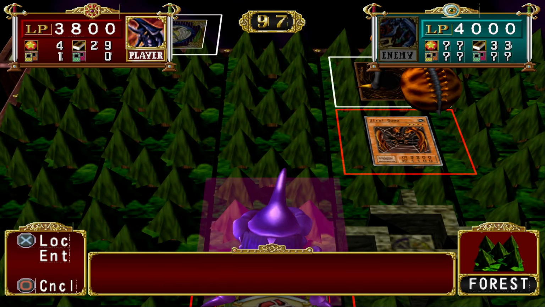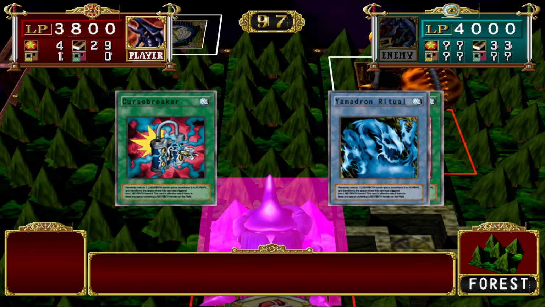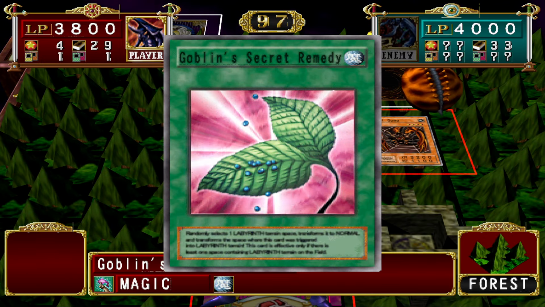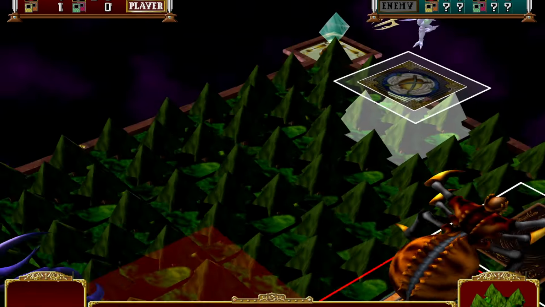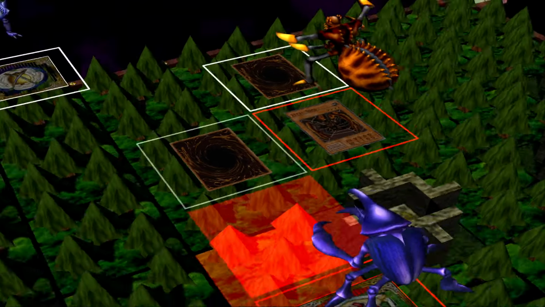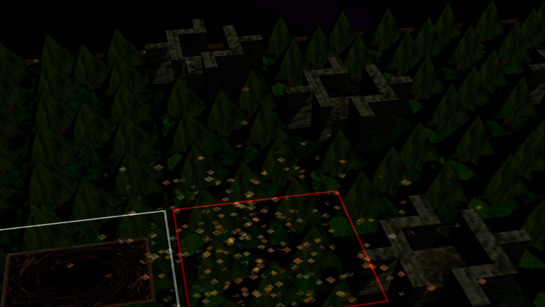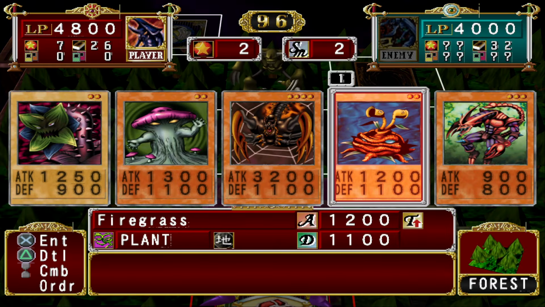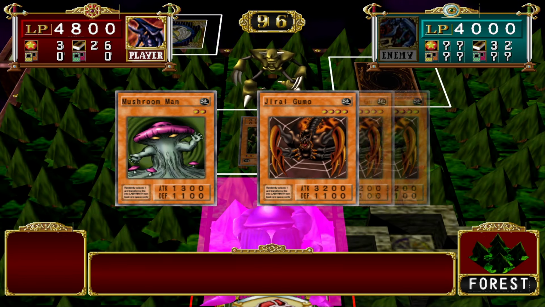I'm imagining that's probably a... Probably a Girigamo? And I'd rather not crash Girigamo into Girigamo. Oh, Man-Eater bug. Excellent. Yeah, Weevil is a pretty obnoxious opponent, so...